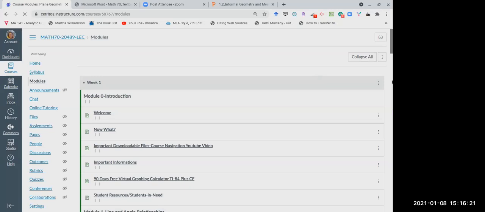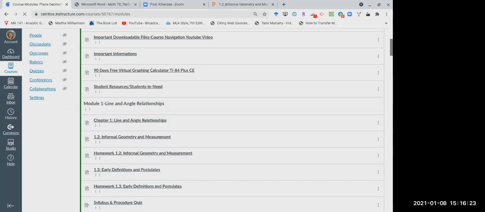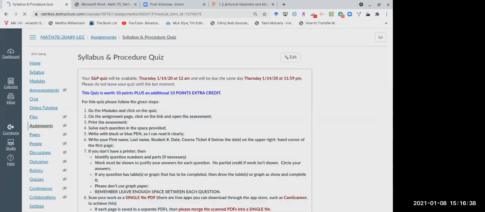When you click on 1.2 and the syllabus and procedure quiz, you'll see a page that looks like this.